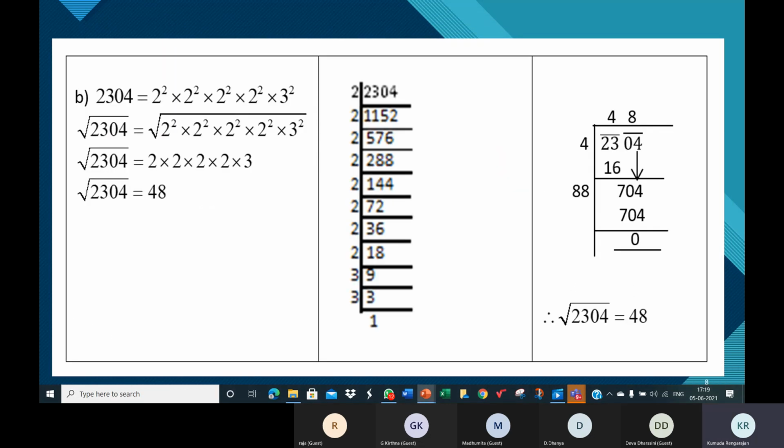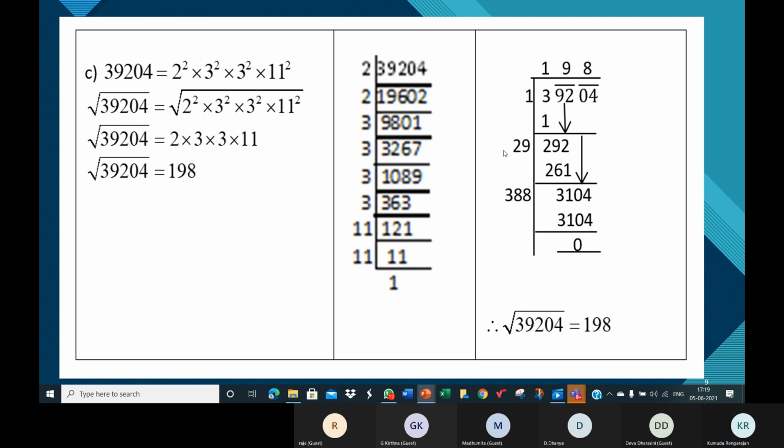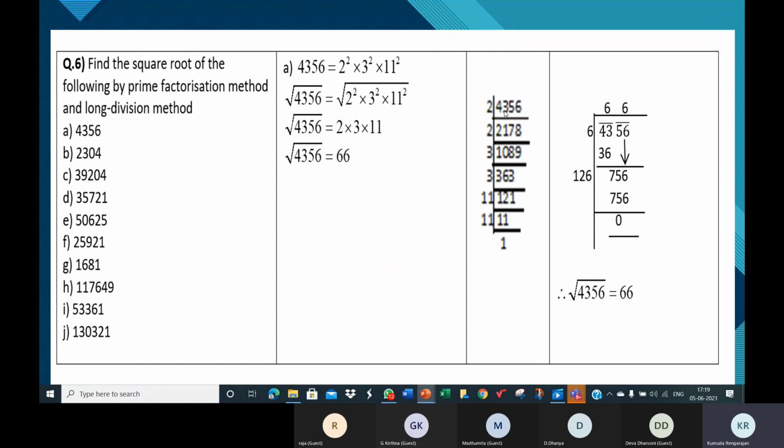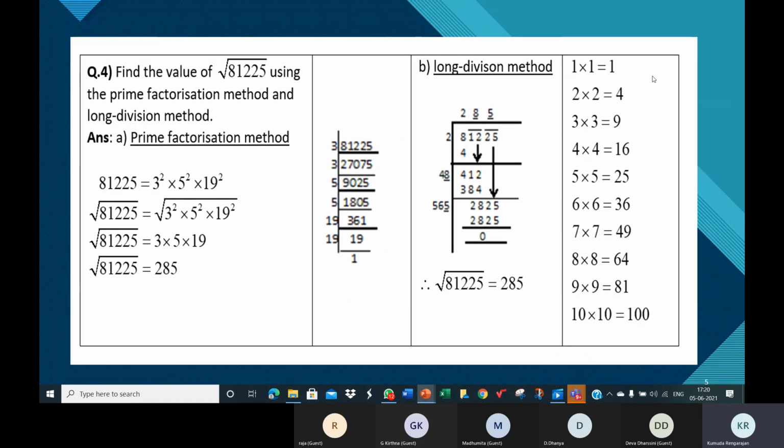Well, let's just check if you're close to this one. So see the answer here, children. After grouping the digits from behind, we have 3 alone, and 1 ones are 1, 2 twos are 4. 4 is more than 3. I told you need to use these products. You need to use the square tables. 1 ones are 1, 2 twos are 4, 3 threes are 9, like this. To perform the long division, this is what we'll be using.